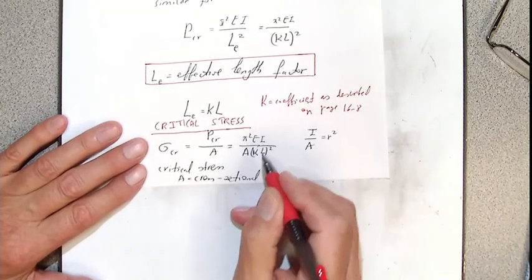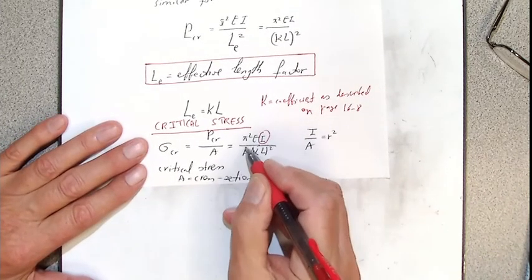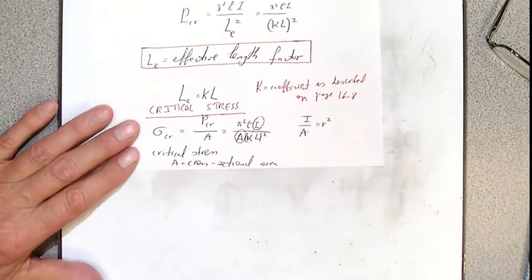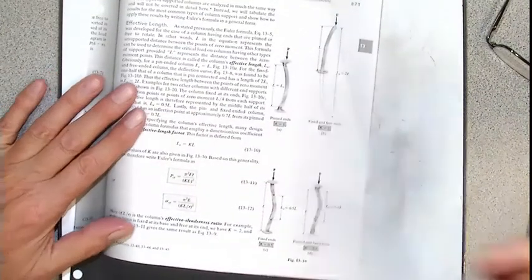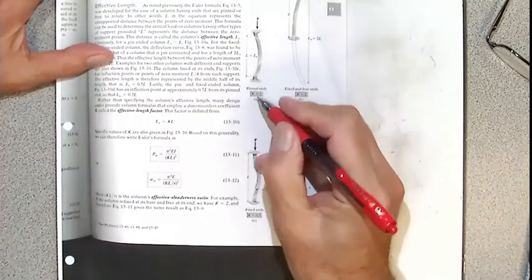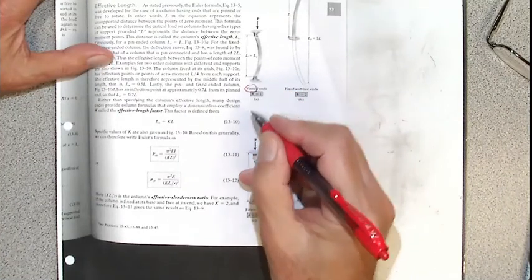So there is this I divided by A. So first of all, let us make some observations. That for simply supported or pinned ends, pinned means simply supported,